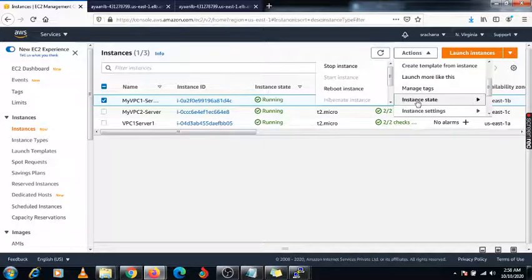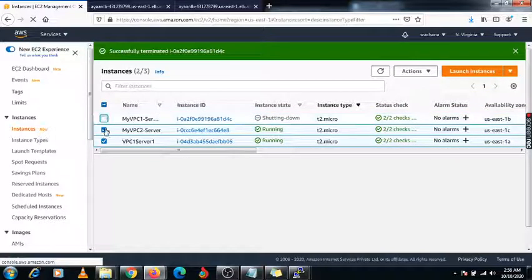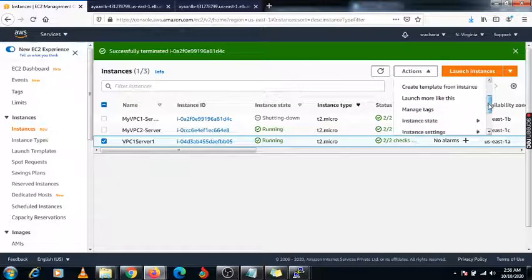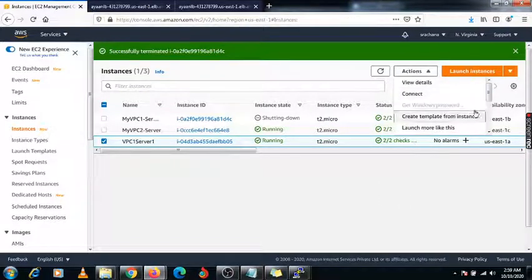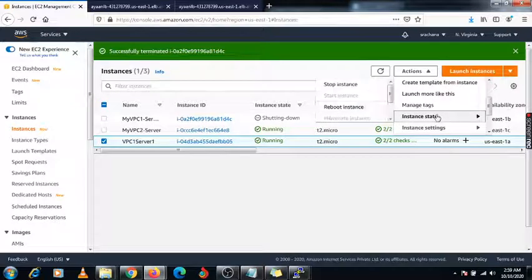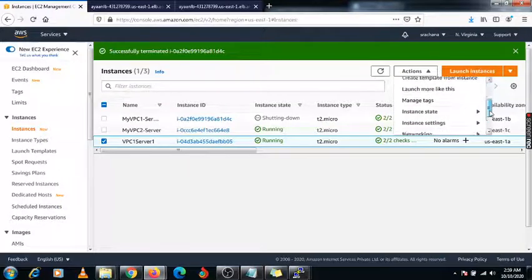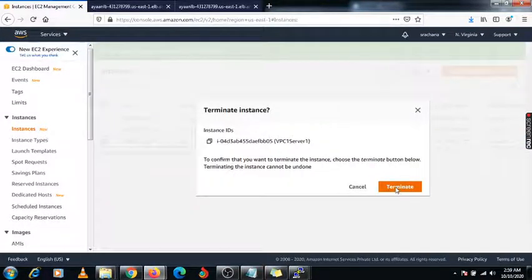Go under it and select terminate instance, yes. Select another instance, Action, Instance state, Terminate instance. Click on it, Terminate.